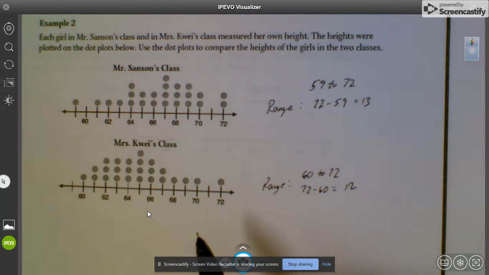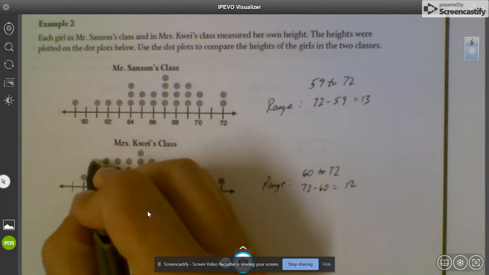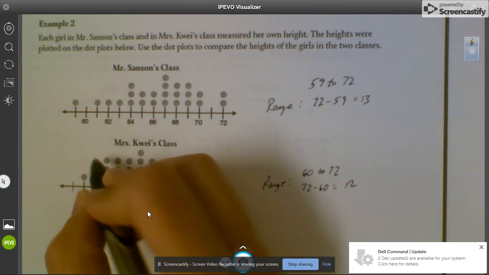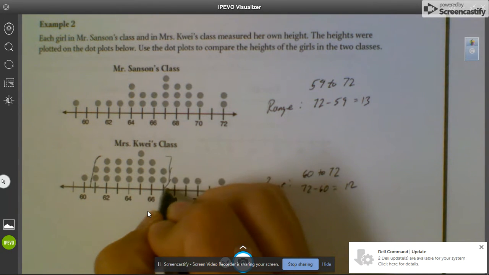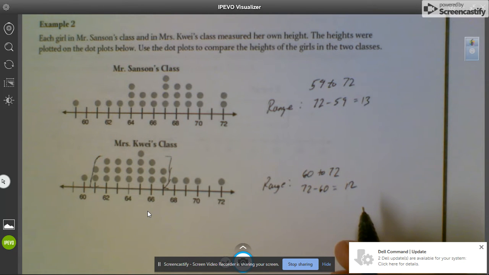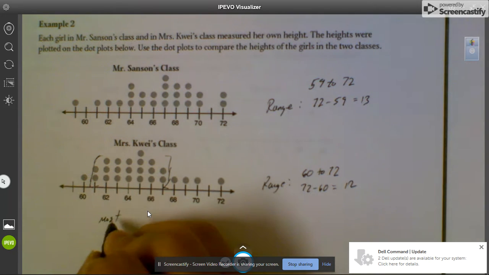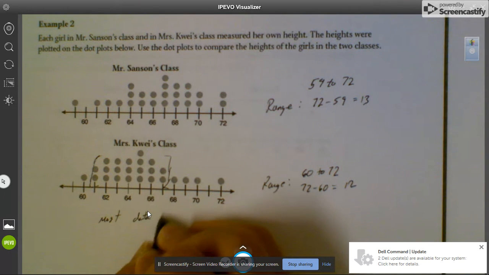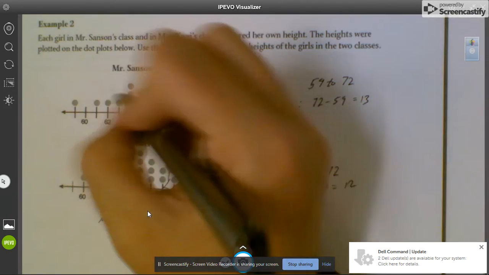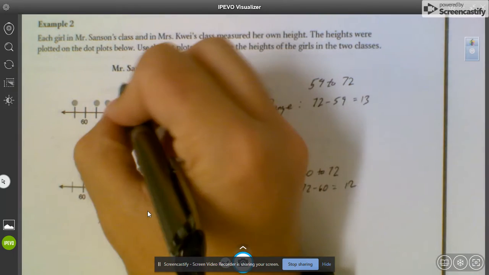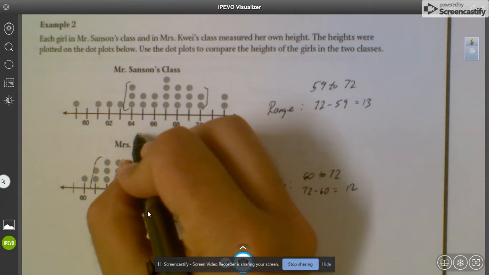Now, the other thing that you would want to be able to pull from this is it seems to be that the majority of the data for this bottom group for Mr. Kwai's class is between 61 and 67. So most data from 61 to 67. Whereas for Mr. Sanson, seems like most of his data is between 64 and 70. So most data